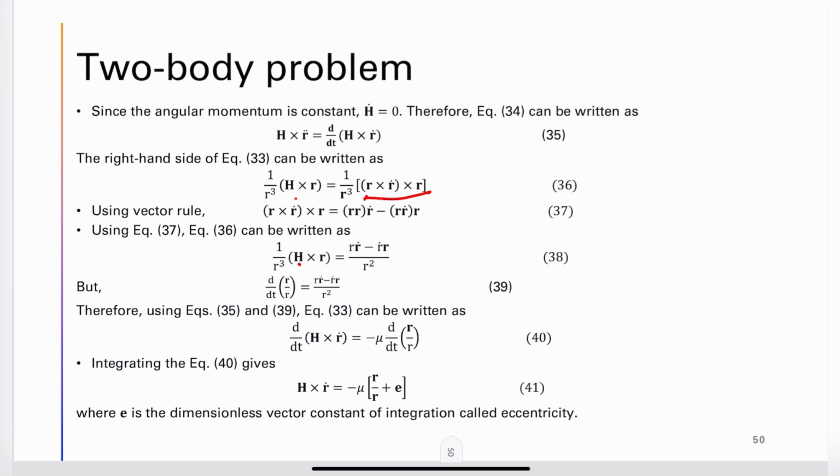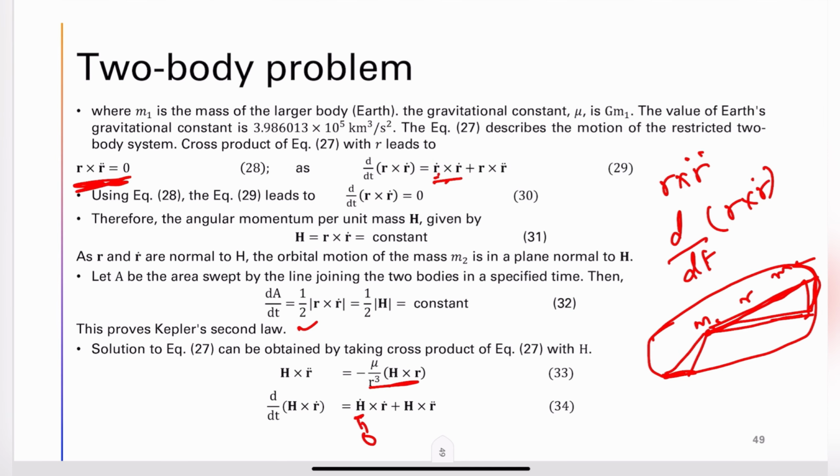So this is nothing but dou by dou t of r by r. We know that dou by dou t of r by r is similar to UV method differentiation. So we are replacing it by this. When I substitute this in the expression 33, whatever we have got,